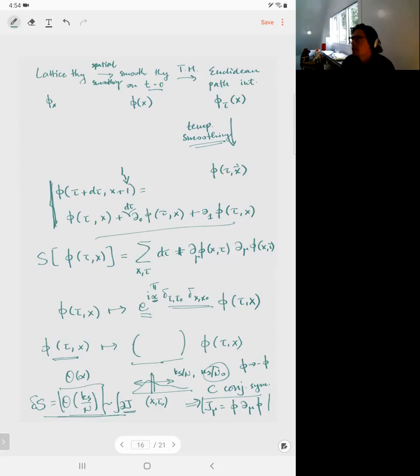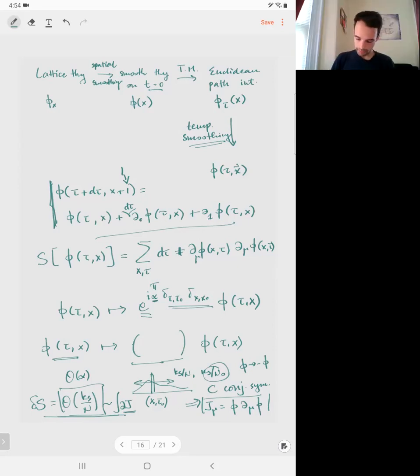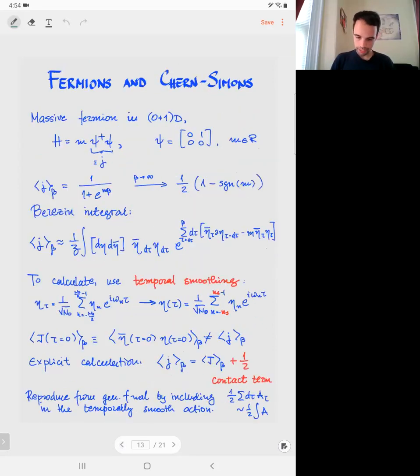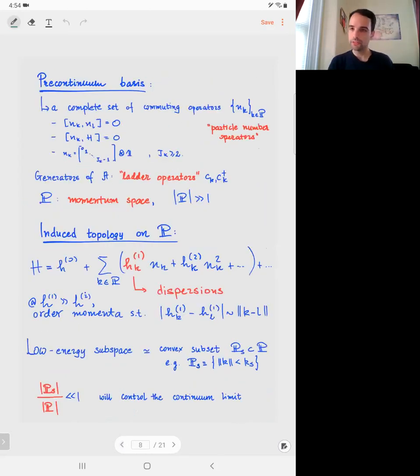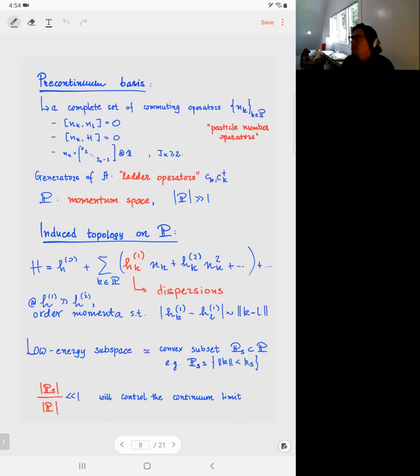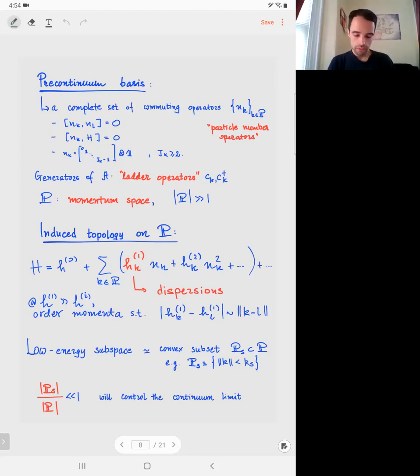Can you give a little more intuition for a type of theory that wouldn't have a complete basis, like the pre-continuum basis that you needed? You're asking about this pre-continuum basis thing that I mentioned? Sorry, can you repeat the question because I may not have heard all of it? A little more intuition for the types of theories that wouldn't have a pre-continuum basis. Oh, okay. Well,